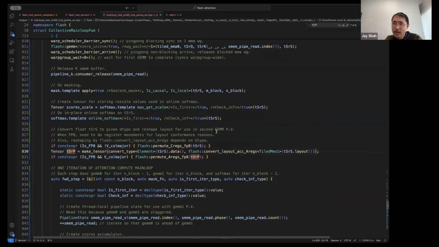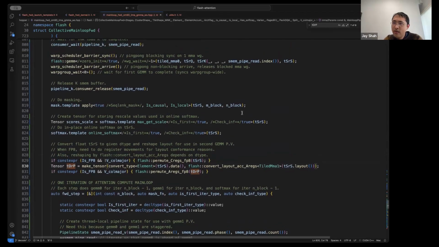You can just think about the shapes, because the strides are going to be determined using these helper functions, like I mentioned with this code here. The layouts are prepared to be compatible with WGMMA using just the standard Cutlass methods. And at that point, you don't really have to think about it. But you have to think about it in this one place where you're doing this reshaping operation. So let's look at that.